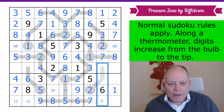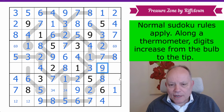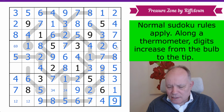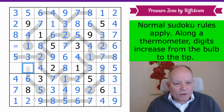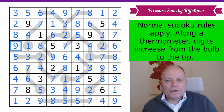Right, up here we have a 4, 8, 9. I can put 4 there, and then the others must go 8, 9 on the Thermo. That's going to finish box 6. That's going to finish box 9. I can finish box 7 and 8 anytime I like from this point. And I've got a 7 and a 6 to go here. That Thermo has worked, and that is not too hard. That is a very approachable...